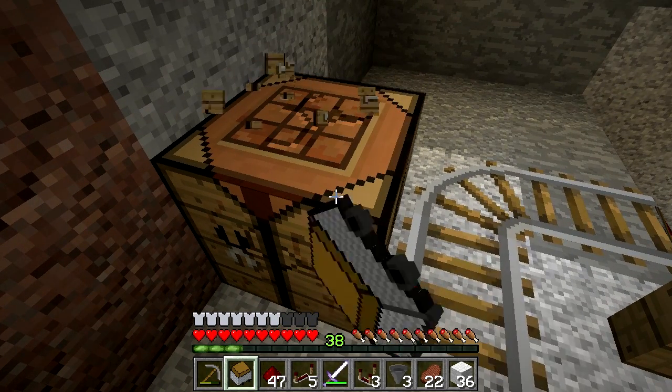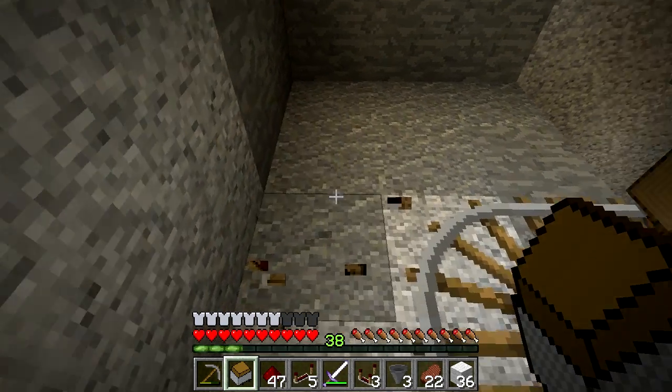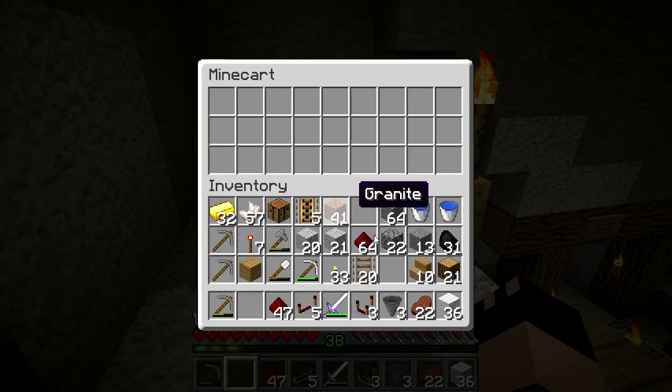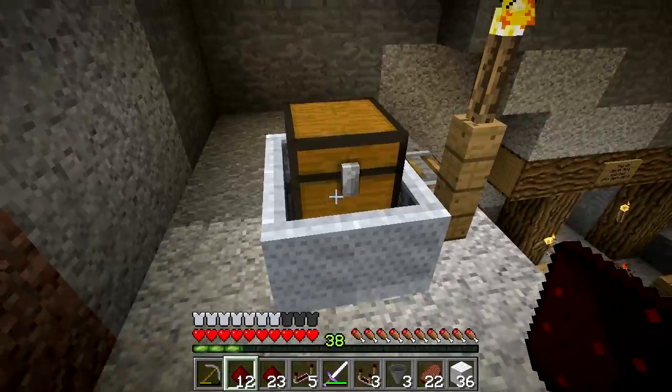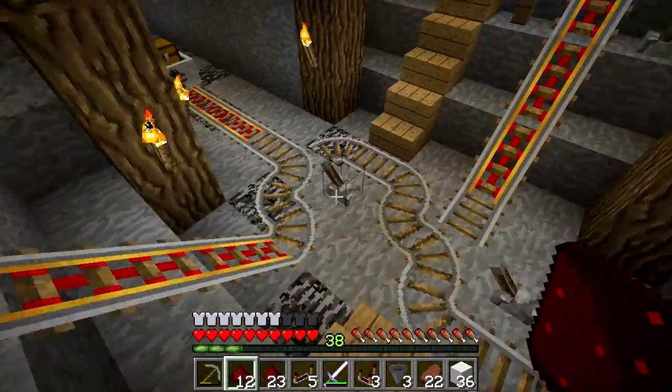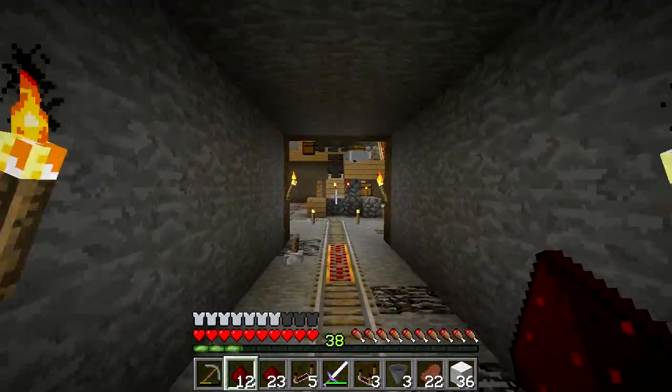Okay. Now again, I'm going to do the same as before. I'm going to put some cobblestone in it, and let's say I've got some redstone I want to sort. I've got a bit of wool from an abandoned mine shaft, and we've got a bit of diorite as well, a bit of granite as well. Let's put a bit extra in as well, just to show it. And somehow I've ended up with a couple of torches that I don't want, so I send them back as well. So the cart goes away, it gets sent down the right line,